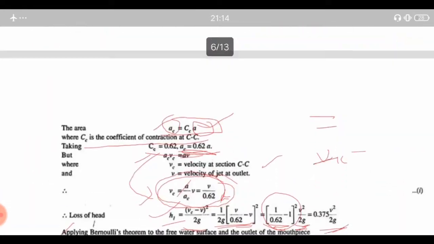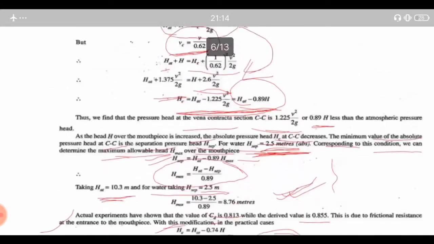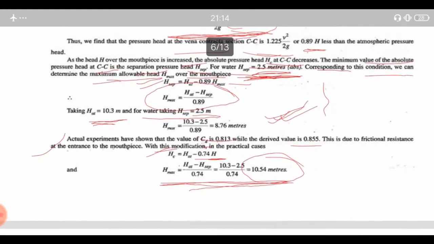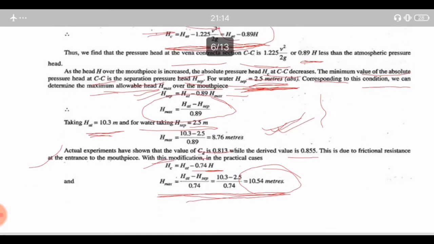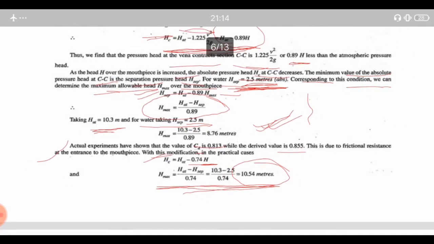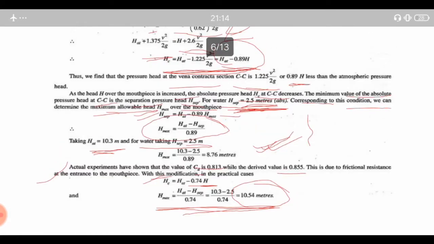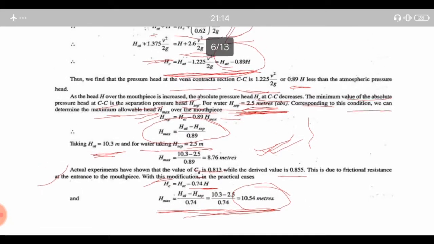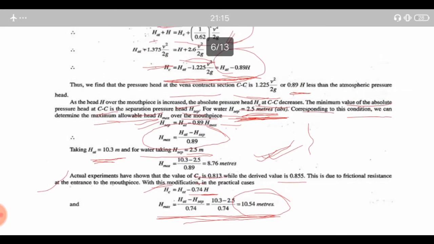You need not worry about the derivation, because it is totally based upon practical observations, and thus it is somewhat complicated. One may learn this by heart, because doing it theoretically without the availability of apparatus is quite difficult, and therefore it is recommended that this derivation be done experimentally.